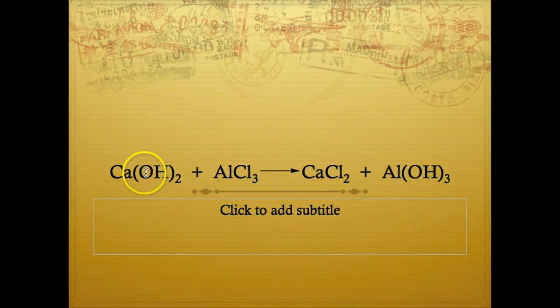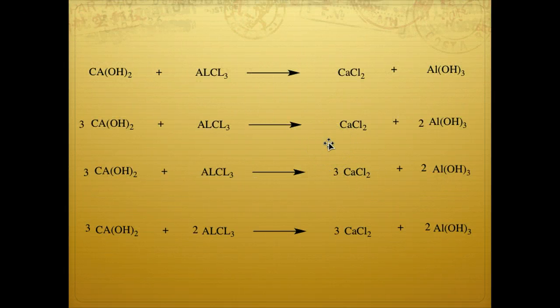Here's the polyatomic ion, OH, that we were referring to earlier. Notice it says it's a group, and it goes all the way over here to the product also as a polyatomic ion. This is an equation that's not balanced, but let's go ahead and look at it. Since OH is a polyatomic unit, I can balance OH as a unit. Calcium balances, notice Ca, Ca. To now balance 2 OHs on the left with 3 OHs on the right, I